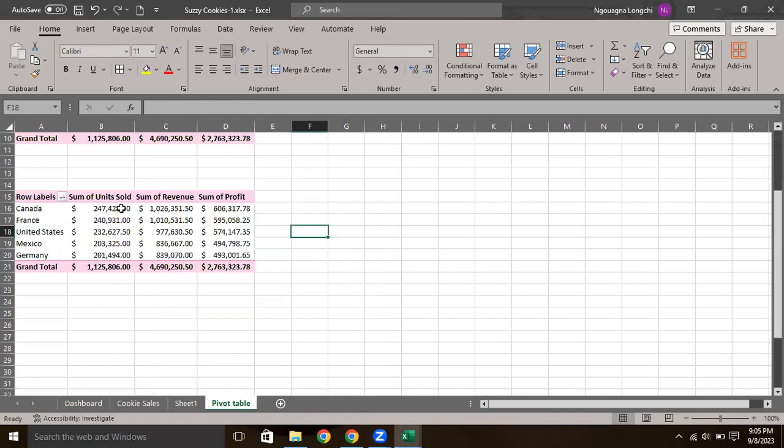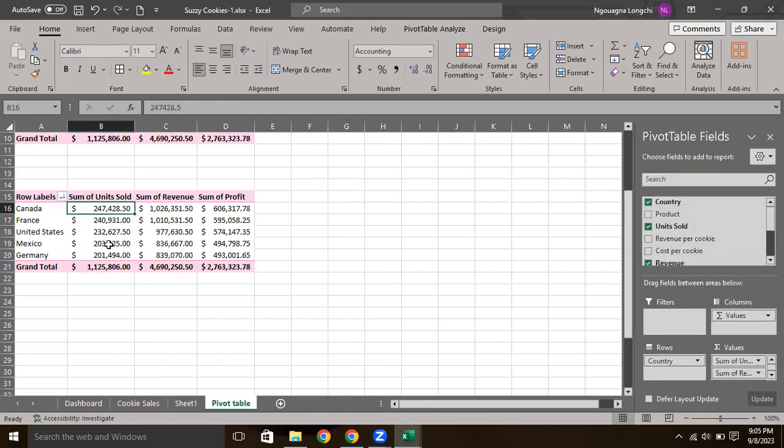Did you notice what happened? I sorted largest to smallest, which means that what I have here should be the highest number of units sold, in descending order. Yes, it means that Canada had the highest number of units sold, and then for revenue it was